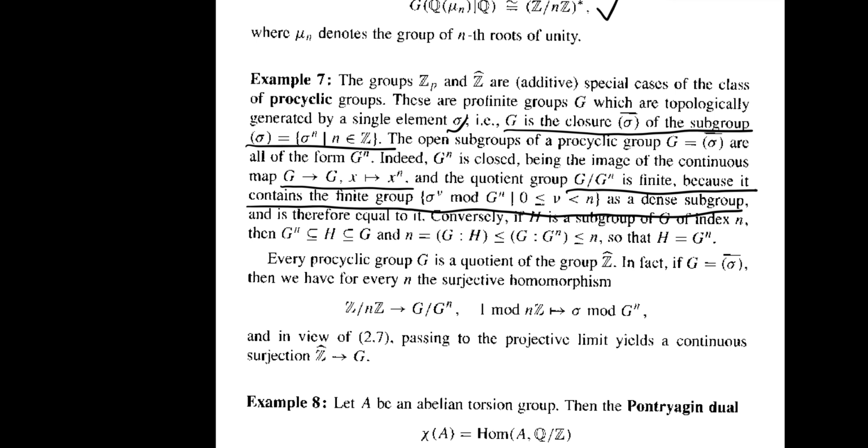Yes, this is a finite group. At least this group contains, or we fix the n. For example, we know of course this has index n, right? So this has finite index and therefore equal to it. Conversely, if H is a subgroup of G with index n, then